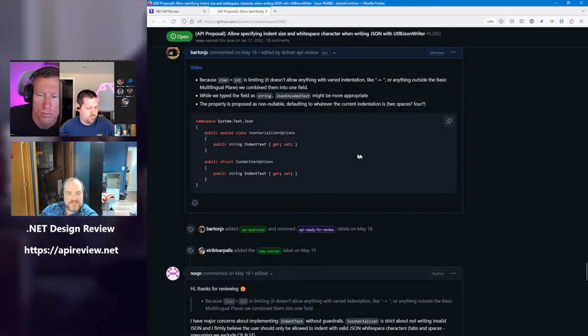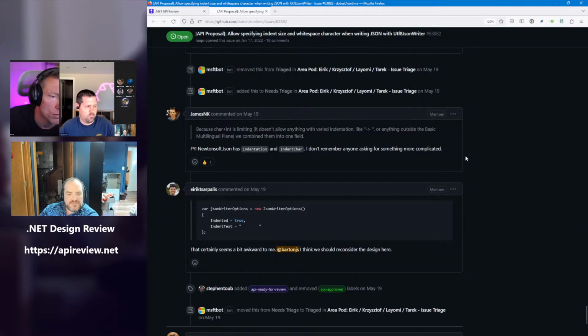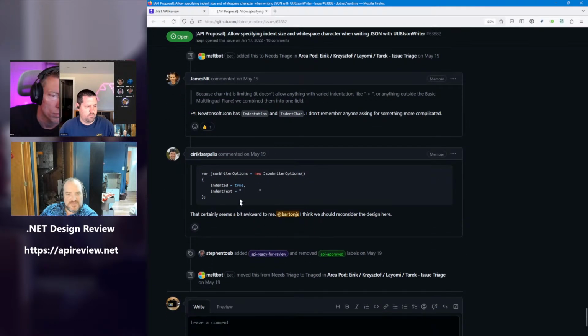Yeah, it's come back to me. I think there were a few voices saying that they didn't feel like the shape as approved would be a great design. And there are a few examples as to why that might be. For example, this example that I wrote tries to make that point. It seems that just setting an integer might be easier in this case. I just thought we might want to reconsider here.